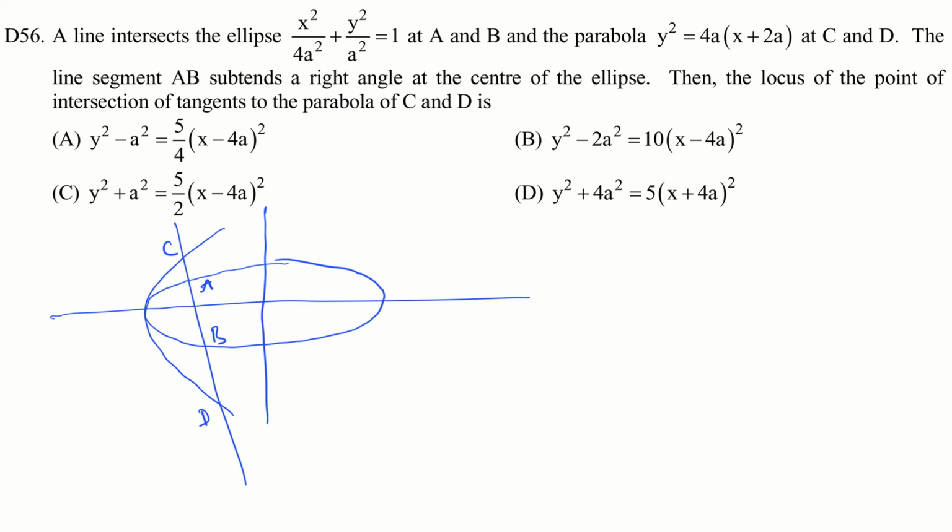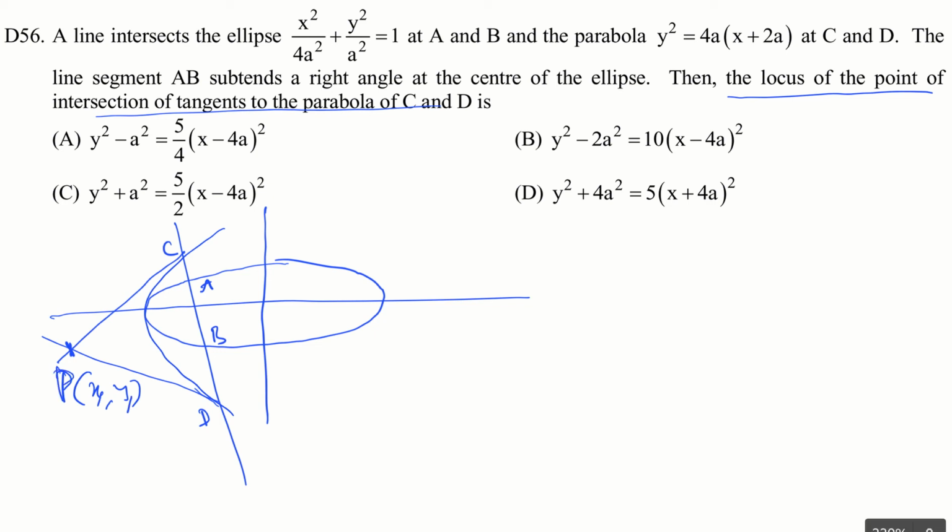See, I have drawn the geometrical representation of the curve here in this problem. So everything is evident from the diagram. Now we have to find the locus of the point of intersection of tangents to the parabola at C and D. So if I take the tangent at C to the parabola and the tangent at D to the parabola, that is P, say (x, y), we want its locus only, or P (x1, y1), we want its locus.